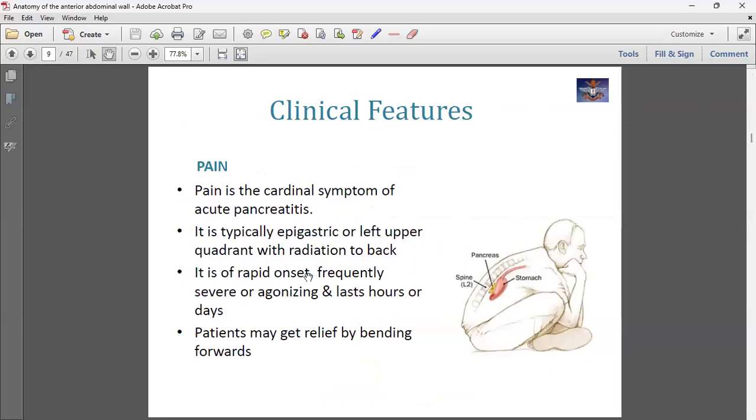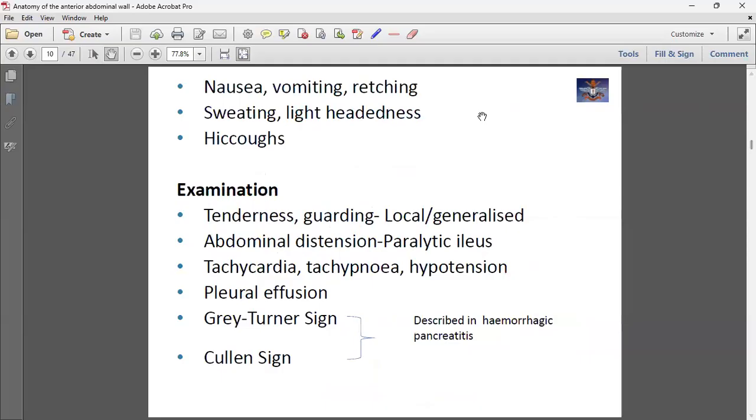the back, rapid onset of symptoms, and it's relieved with benefit. I mean, all these points must be highlighted in your history, okay? Otherwise, it's not a complete clinical feature for pancreatitis. It's incomplete. And then associated with nausea, vomiting, and other autonomic symptoms. And then you see, these are all features of